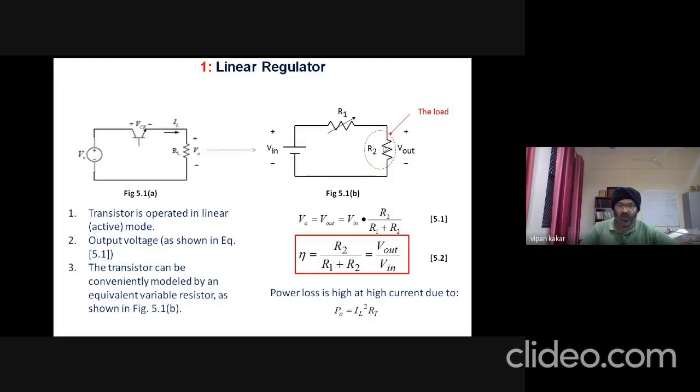So it gives the output voltage V in minus the voltage drop across R1. So it always has a lower voltage at the output, never a step up, only a step down. Step up means higher voltage at the output, the same terminology as you know from transformers. In this case, it's only stepping down the voltage at the output. At the same time, it lowers the efficiency because of the losses incurred in R1. That's why it is unacceptable in power electronics.